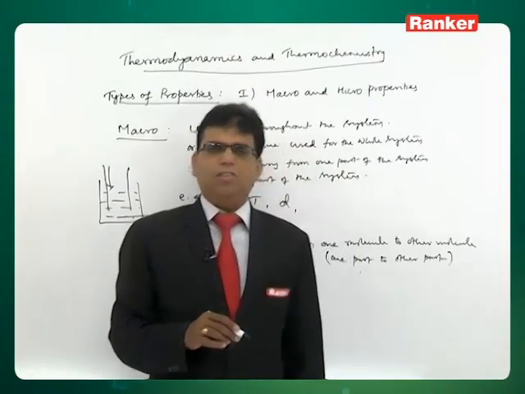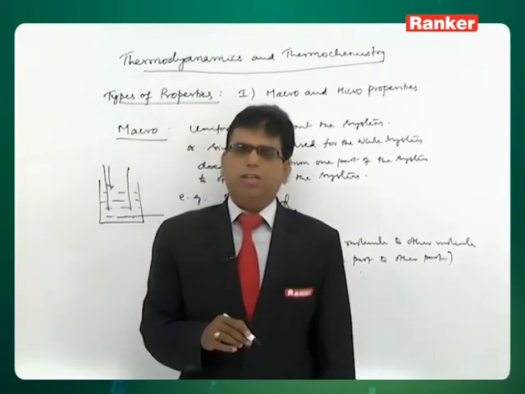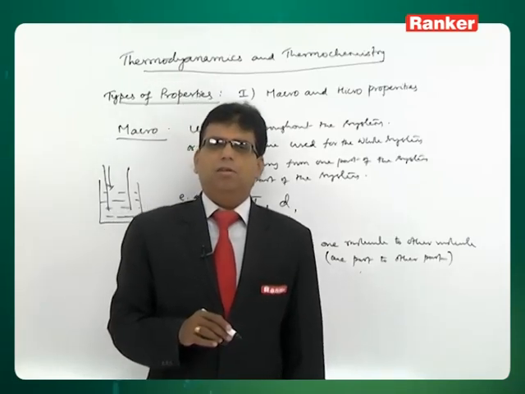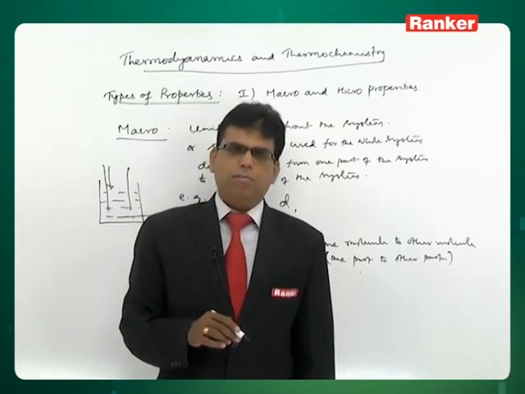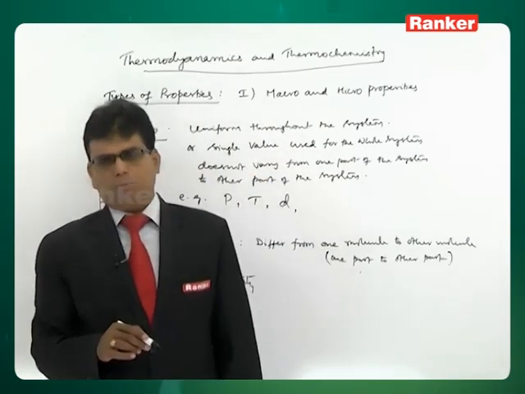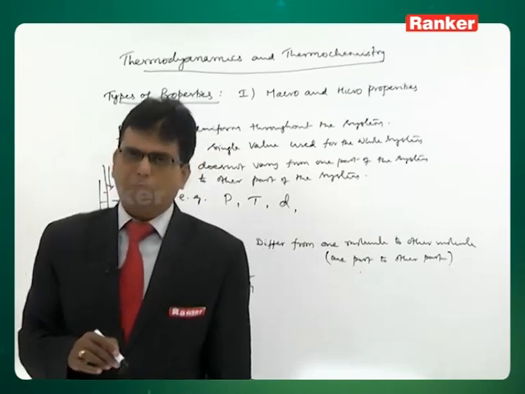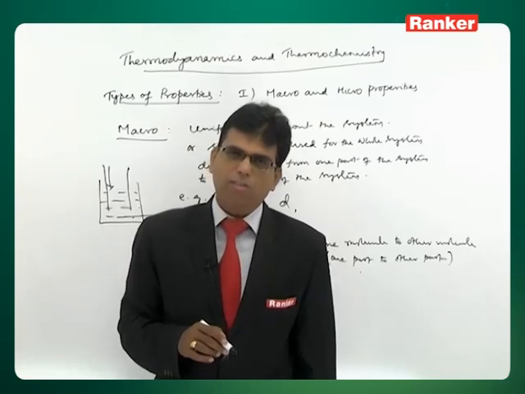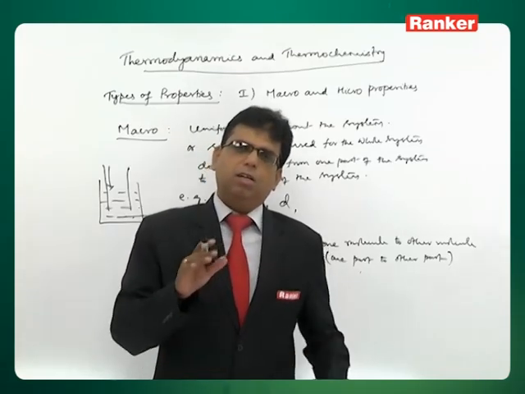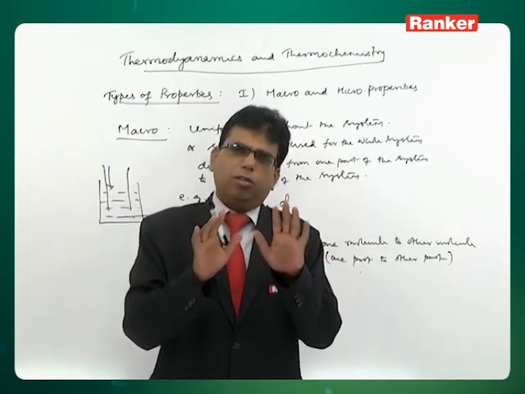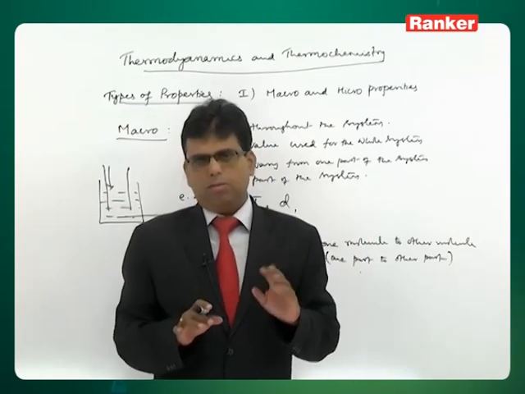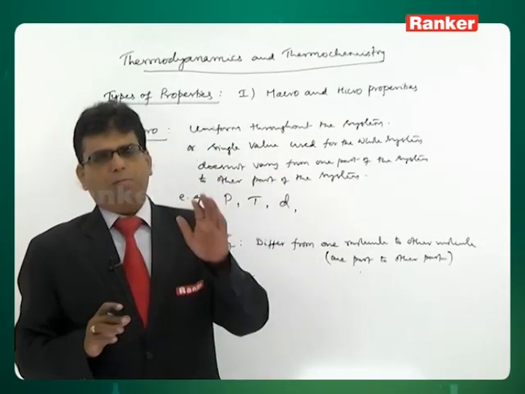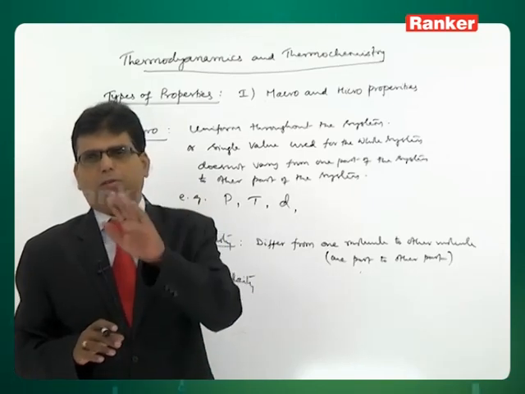of kinetic molecular theory of gases, we say that all the gas molecules are in continuous motion and velocity of different gas molecules is different. All the molecules do not possess same velocity. Some molecules will have very low velocity, some molecules will have very high velocity, some molecules will have moderate velocity. So, basically the point is that the velocity of all the molecules is not same. From one part of the system to the other part of the system or from one molecule to the other molecule, it is different,